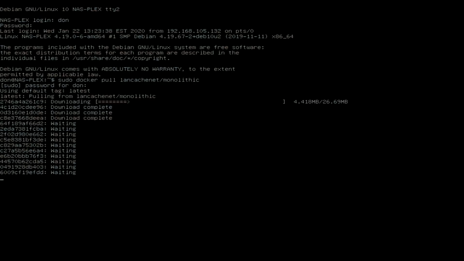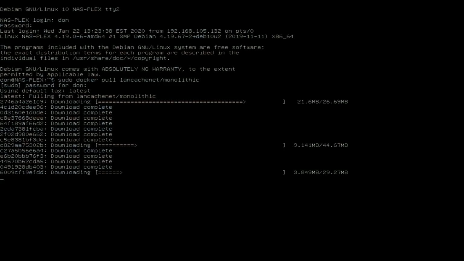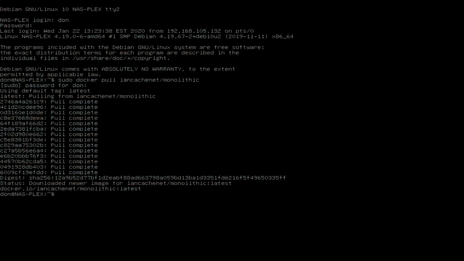Now it's going to grab that software, which is so easy. I like using Docker for this reason. Software is so easy to deploy and it's self-contained. All right, now that it's on the latest, we could basically just run it. So to do that, we do sudo docker run